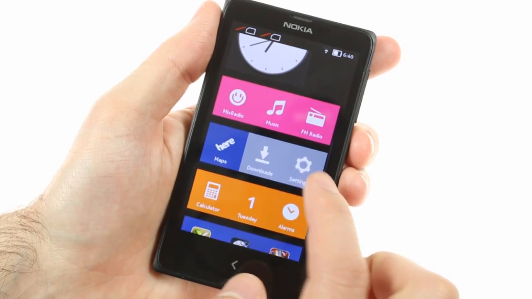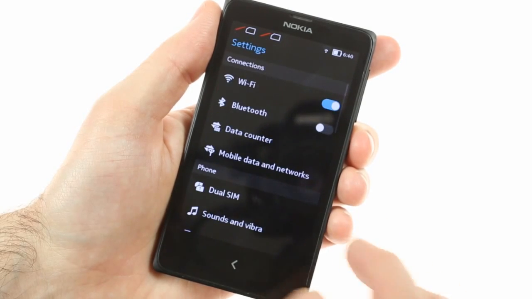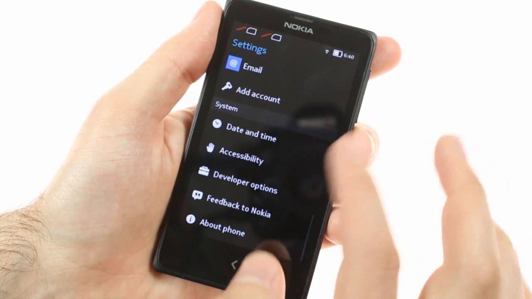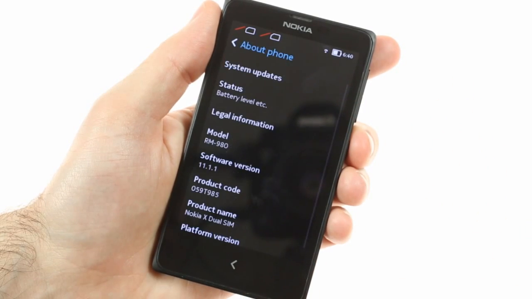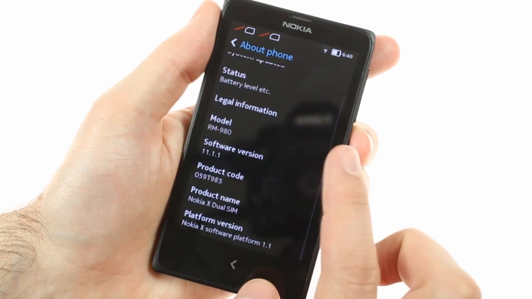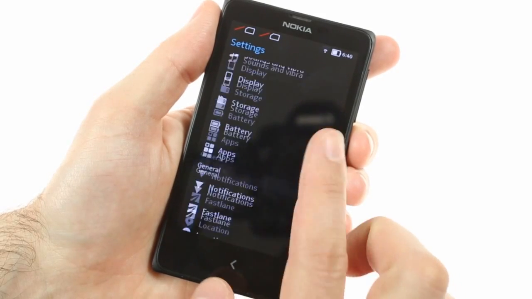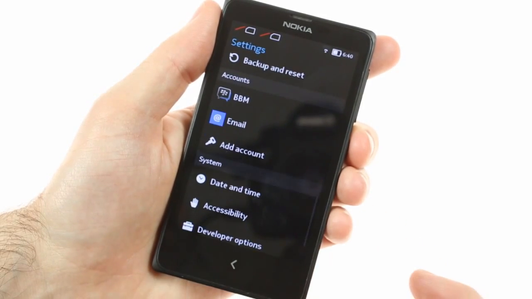The Nokia X is powered by a dual-core 1GHz Cortex-A5 processor coupled with half a gig of RAM, which should be barely enough to run a standard Android Jelly Bean build. Luckily, Nokia has done some great work optimizing its proprietary launcher, so the final result is decently smooth with a minimal amount of visible lag.